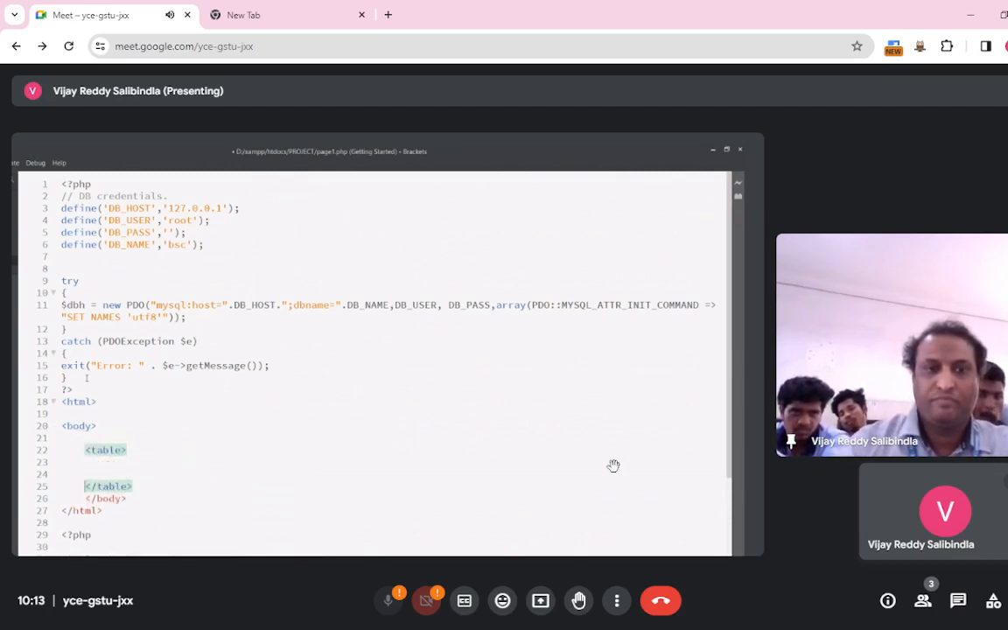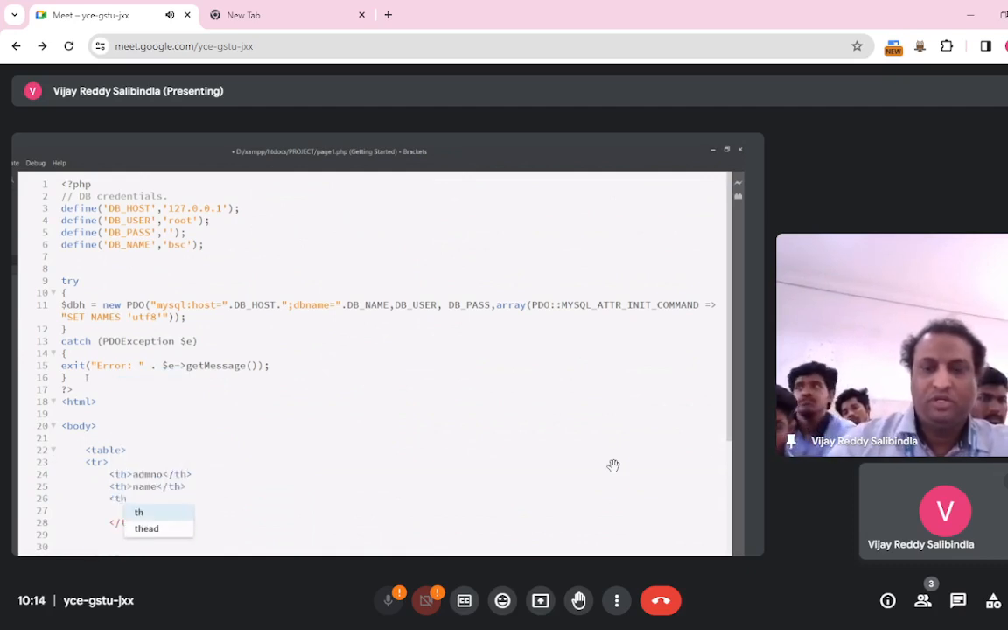What is the first column? Admission number, right? Second column is name. Whatever columns I want, I can. Third column, address. I'm having four columns, right? Okay,